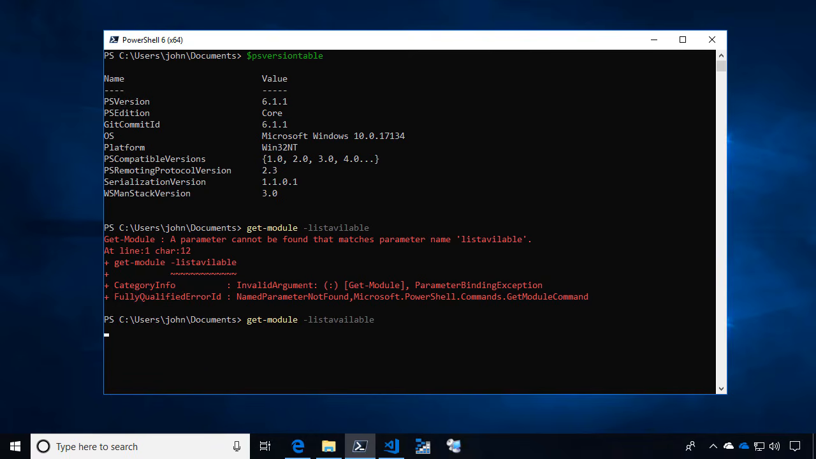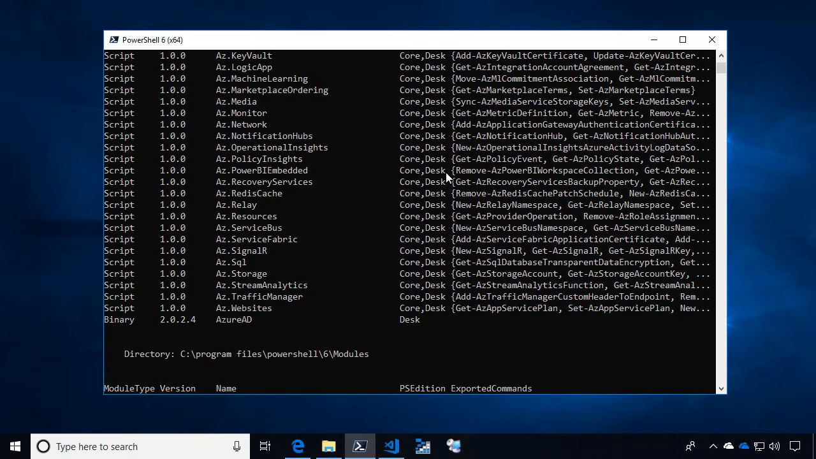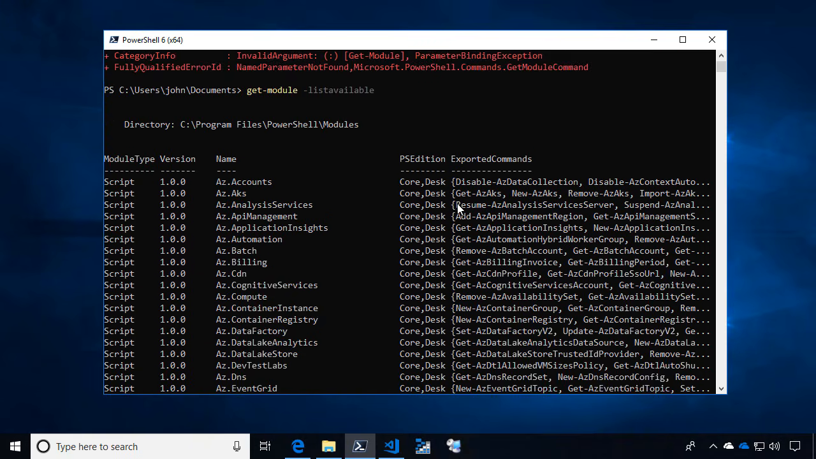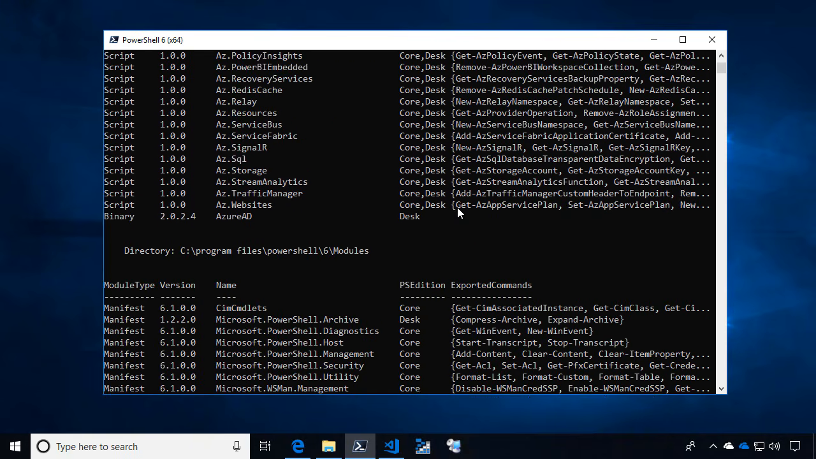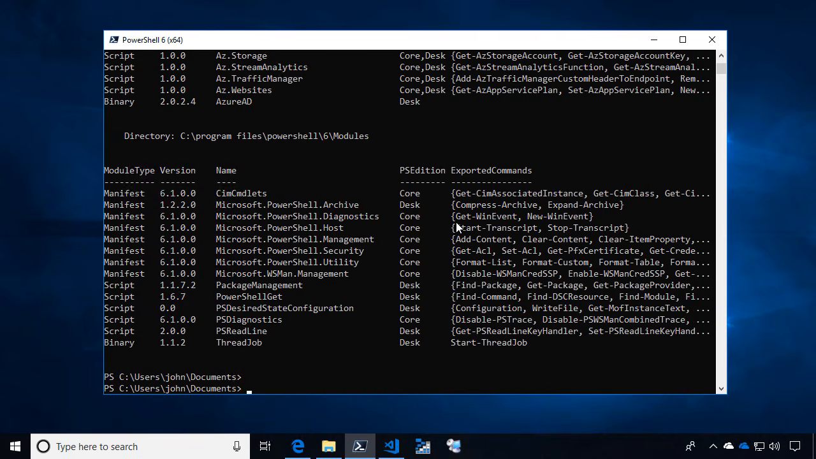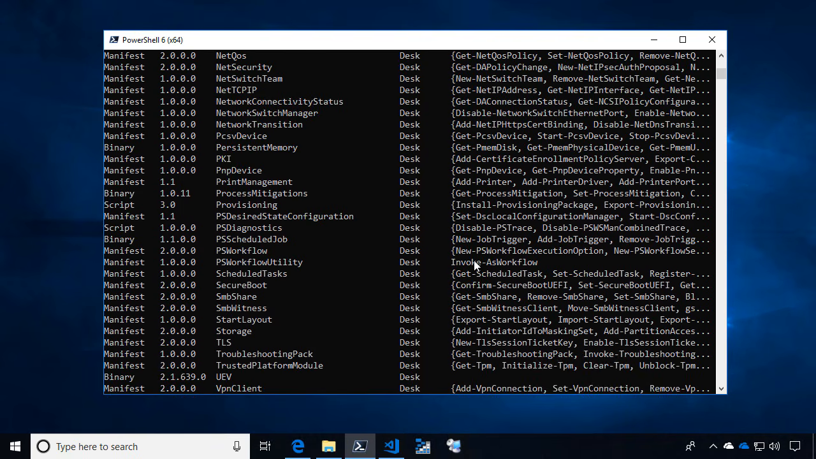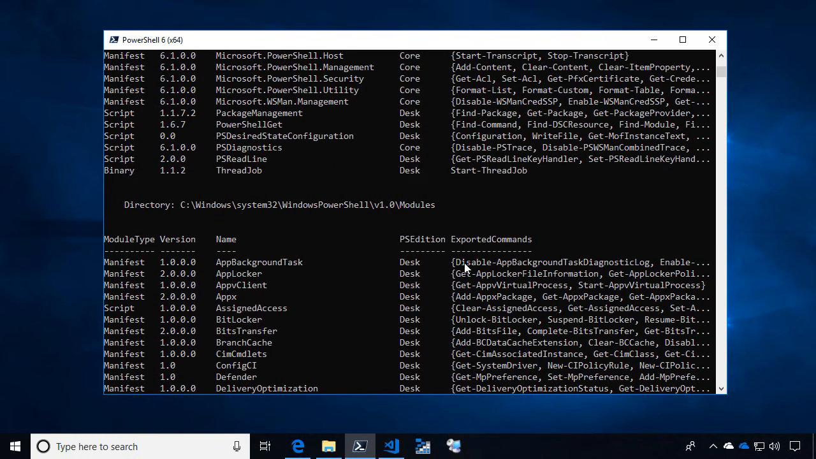So if I go and look at this, it's going to show me all the modules known here, and it shows me the edition. So it's compatible with core or desktop or both. And right now, it's hiding a lot of them from me. The ones that it knows are not compatible, it's not going to show me. Now I could make it show me by doing the skip edition check, and that will show me a lot more. Ones in the System32 folder, for example,